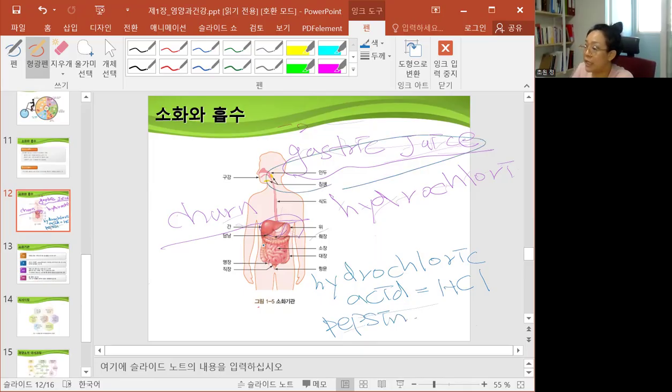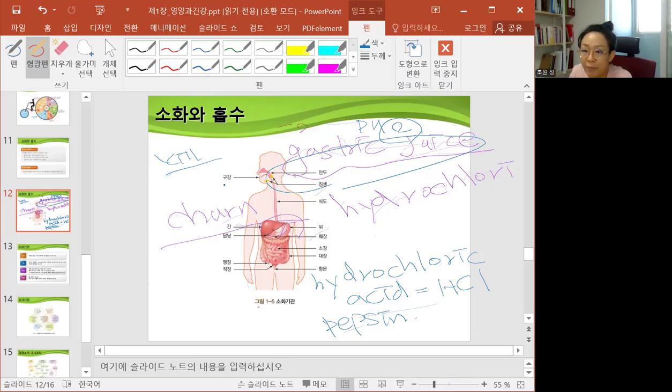Gastric juice is very acidic, with a pH around 2. This acidity helps kill